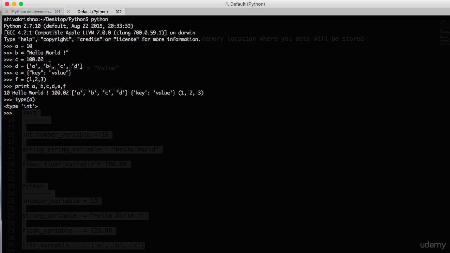So you can see here the data type of that particular variable was int, since you have assigned an integer value to A. Similarly, we can check the data type of all the other remaining variables. B was string, since we have assigned a string value to the variable B. Similarly, we can check the types of all the remaining data types. Yes. There you go. The data type of C was a float.